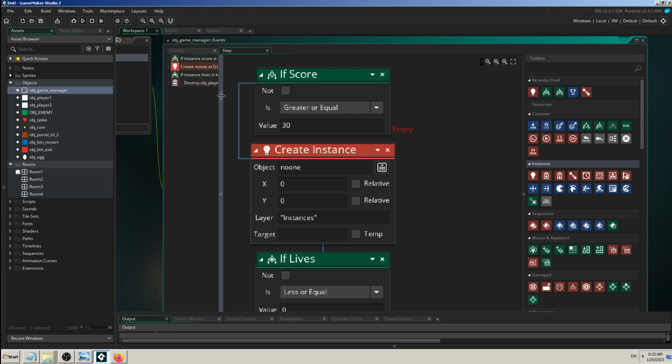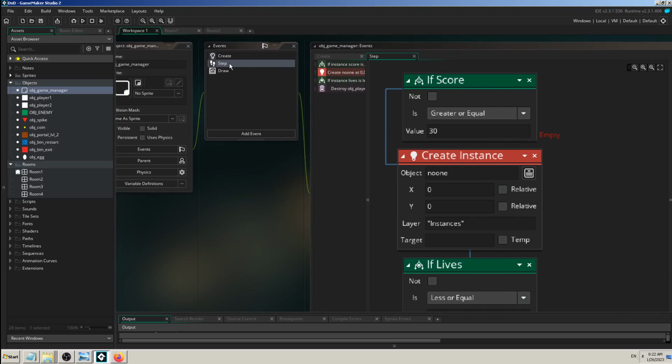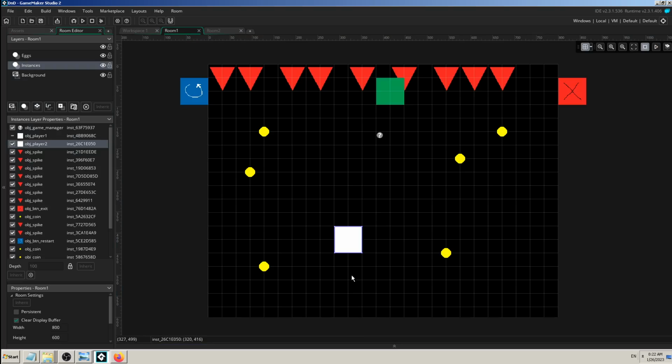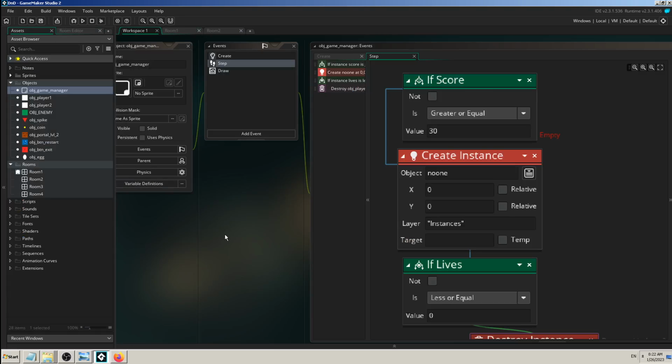Yeah, I have to save this now because I'm in the step event, as you can see here. Step event, and now if I create instance, this step event runs 30 times per second, so in 1 second in the game I will have 30 blocks of obj doors. In the second second, I will have 60. In the third second I will have 90 obj doors. So in like 10 seconds it will be 300 and so on,